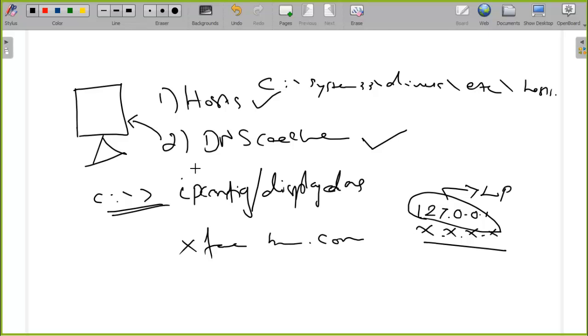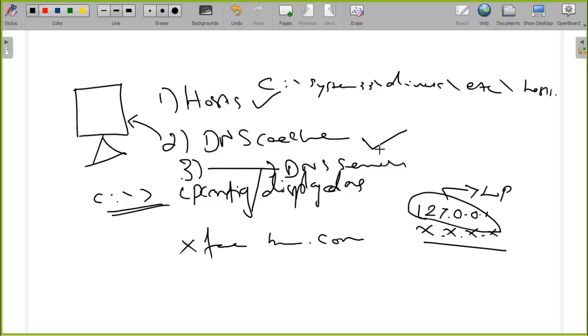So the host file is the first point of contact, and the DNS cache is the second point of contact. Whenever you type any web address, if an entry is found already in the host file, then it will not go to the next level. If an entry is not found, it will go to the next level. Even here, if an entry is found, it will work with that. If not, again it will go to the next level, which is the DNS servers. DNS servers usually will be located at the ISP side in case of a normal internet connection which you get from the ISP.